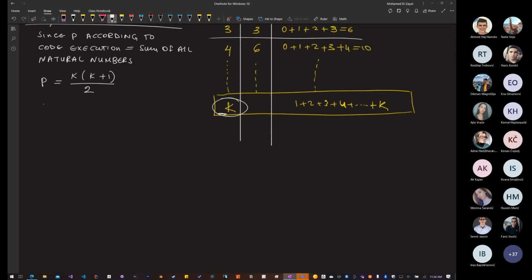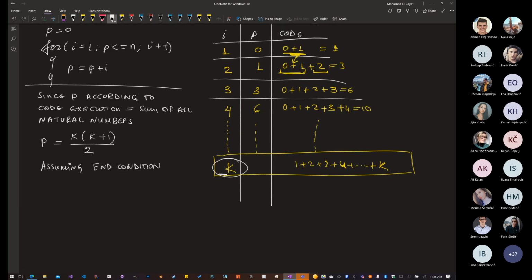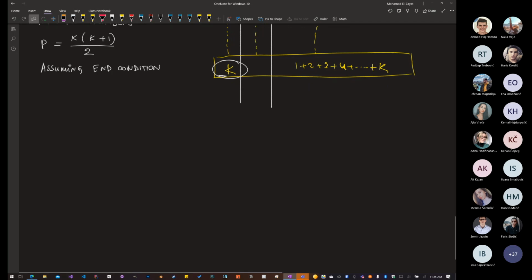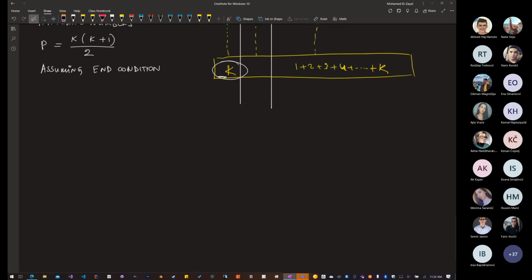And then, assuming that the end condition or stopping condition, you call it that way, either way is okay. The end condition is when p is in fact larger than n, right? So when p is larger than n, it will immediately fail. As long as p is less than or equal to n, it will be fine. Once p exceeds n, it will fail. So assuming that the stopping condition is when p is larger than n,